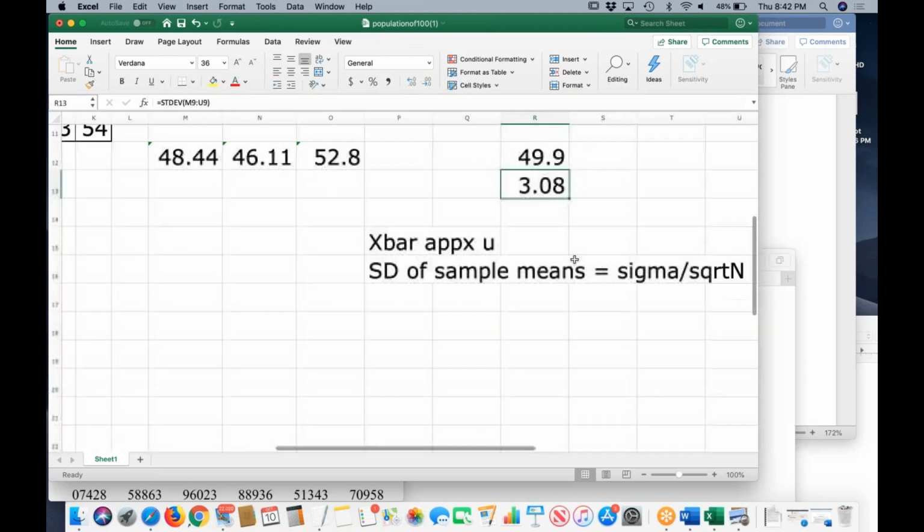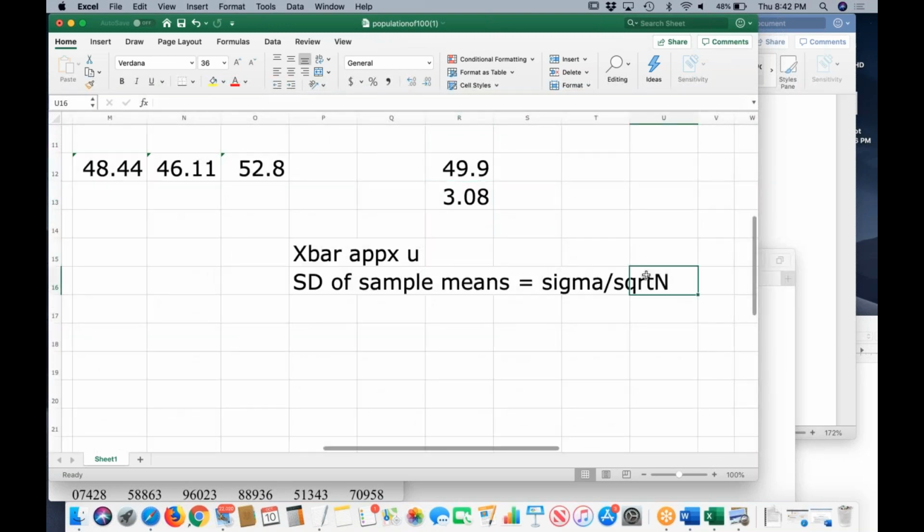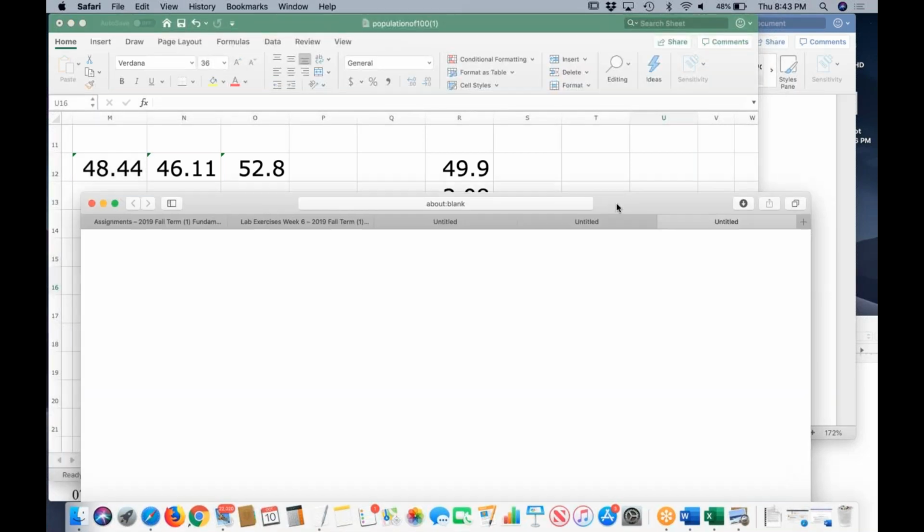Now what if I increase the sample size? If I increase the sample size, the standard deviation of the sample means becomes smaller. The variability of our samples becomes smaller. In other words, what that variability really means is,